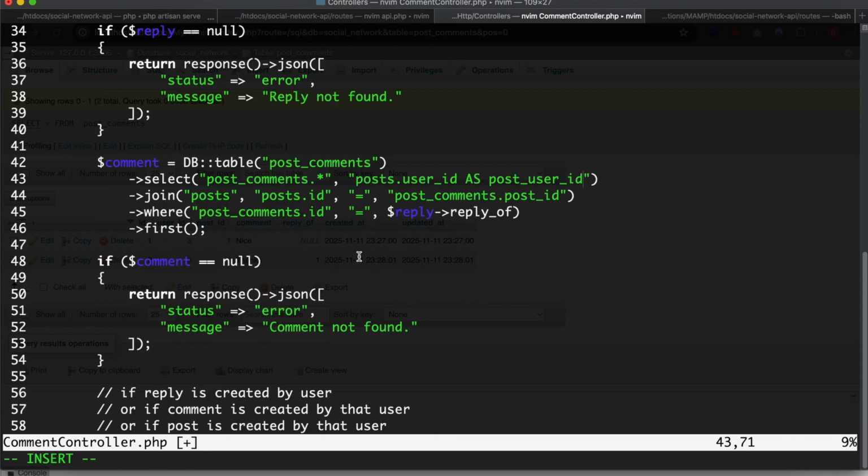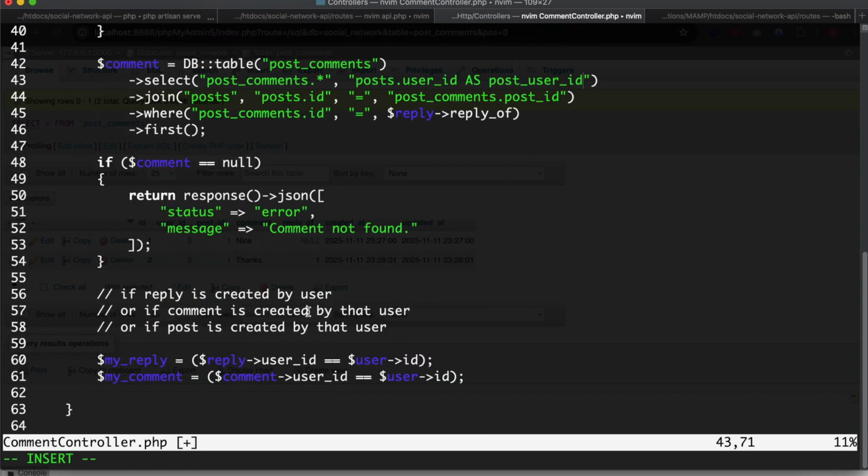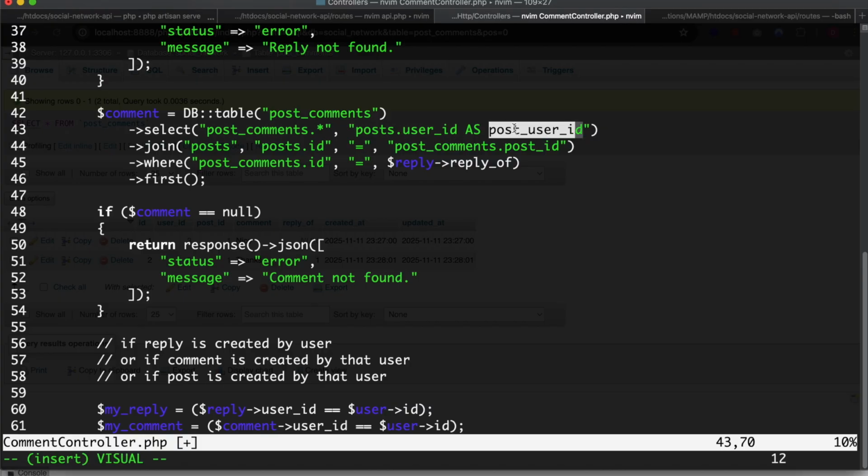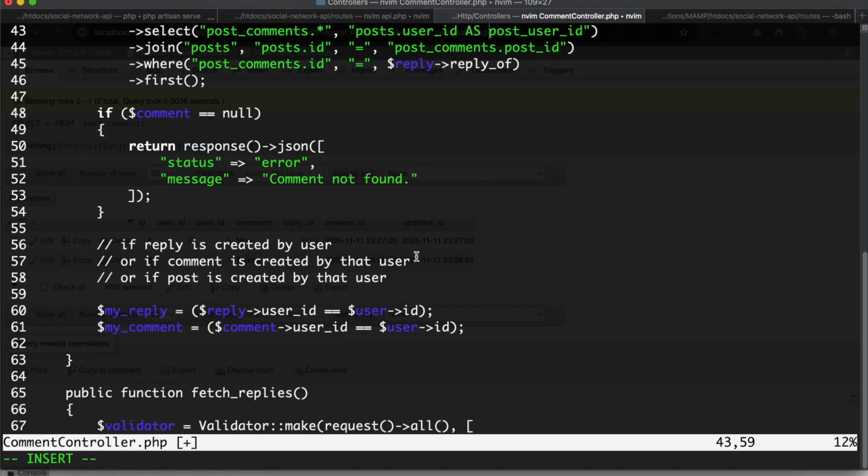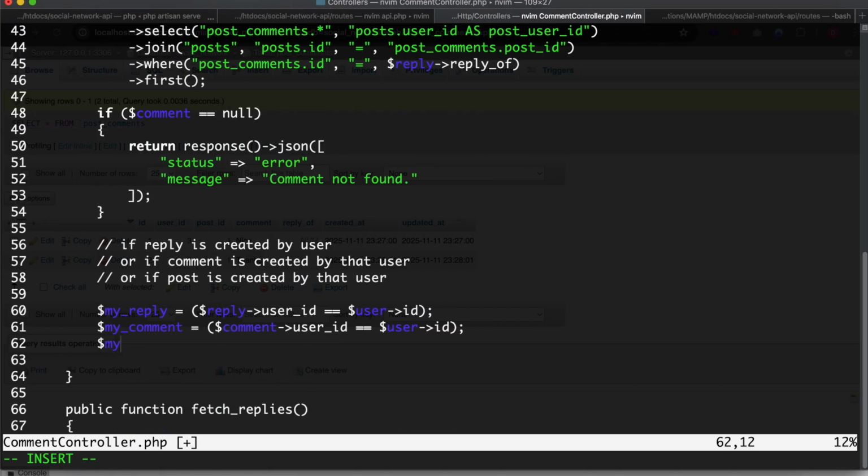And yes, that's it. Okay, so now I will check if this ID matches with my ID. So it means that the post is created by me. So I will say my post is equal to comment,